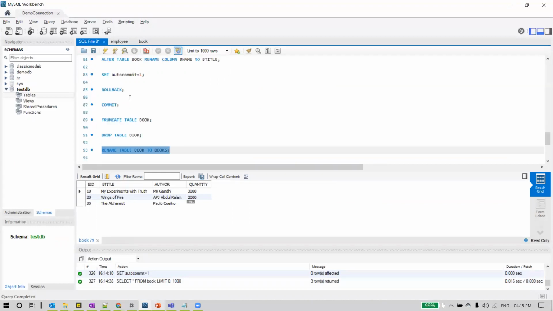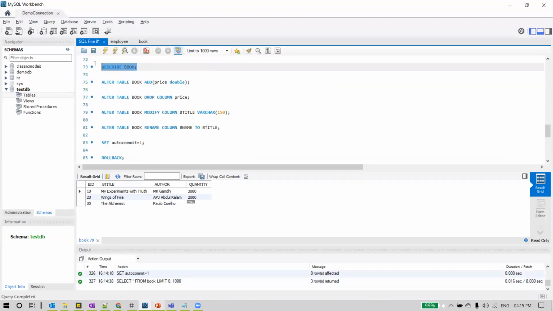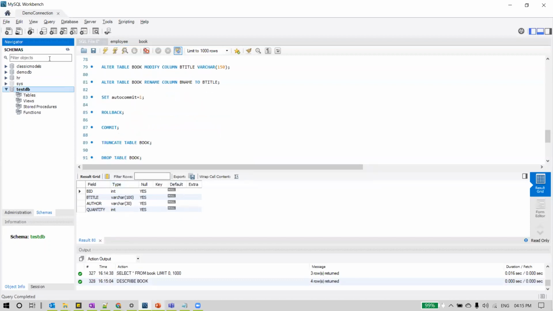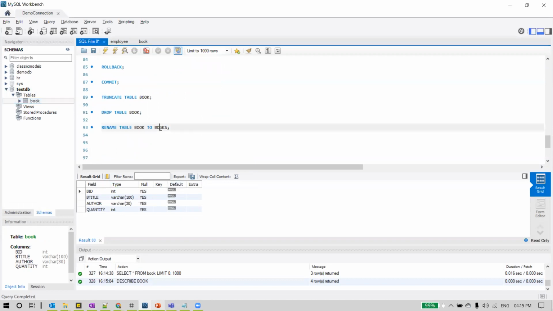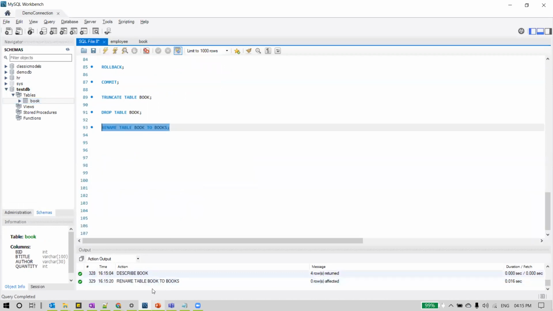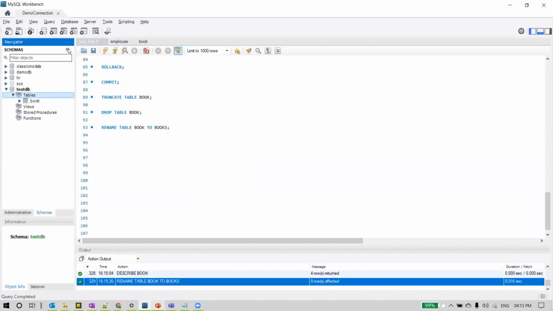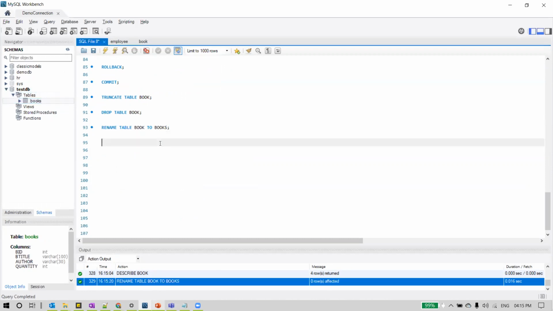Let's do that now. Before that, let me execute this describe statement again, and you can see this is applicable for the columns. So we'll also see it here. Just refresh on this schema. You can clearly see the table name is book here, so it has to be renamed to books once we execute this statement. And this statement got executed successfully. Refresh this here, and you can see the table name got renamed to books.